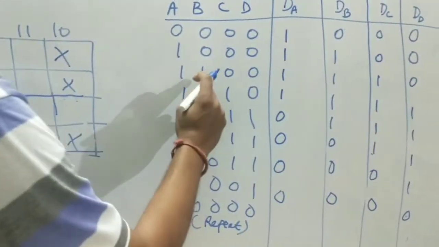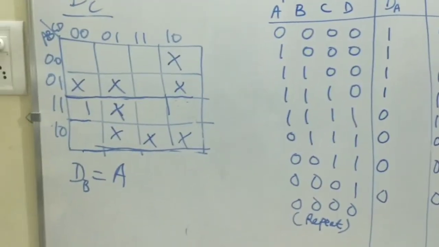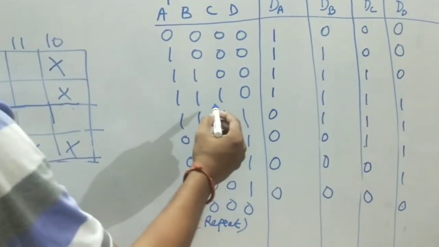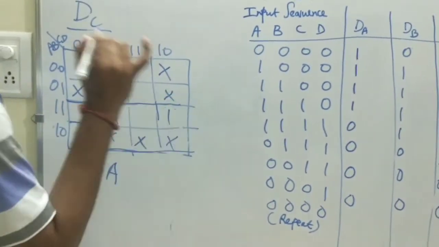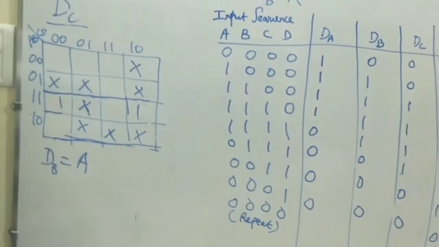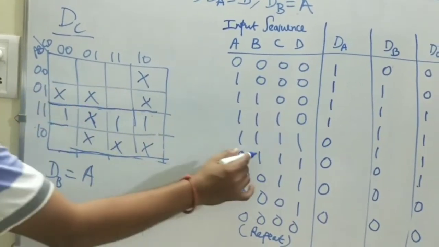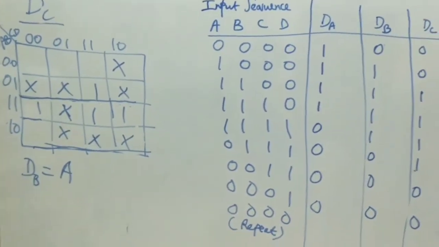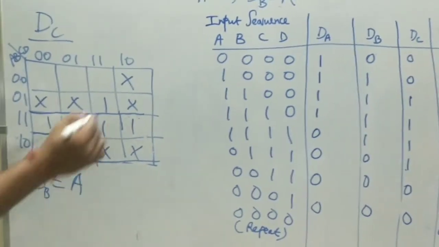So what is that DC now? DC is double 1 double 0 is 1. Then triple 1 0 is 1. Then 4 ones is 1. Then 0 0 triple 1 is 1. Okay. That's it. Now we can form once again an octet here.